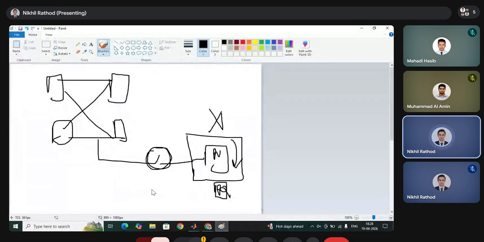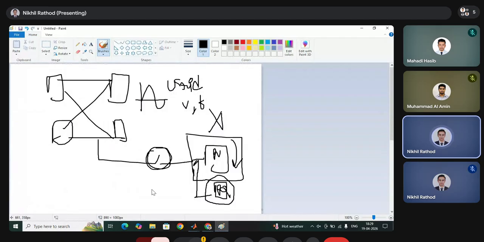PV generators always try to generate the same voltage and same frequency offered by the grid. Obviously, we have to follow the grid compliance, the grid code. So whatever the voltage and frequency there, that is followed by this PV generator, whereas the PQ generator just does nothing special. It generates power, and if power is extra, it feeds the grid, or the remaining power is used